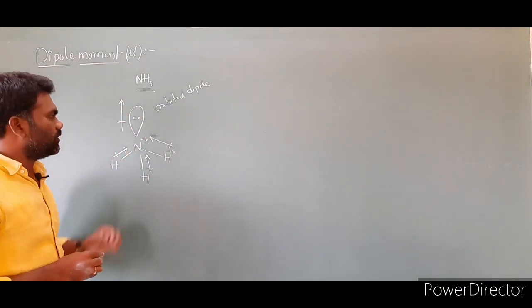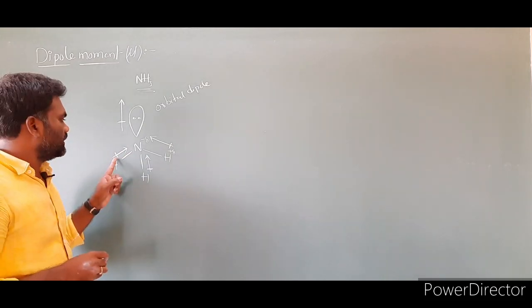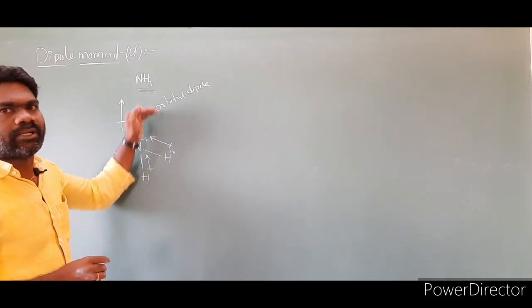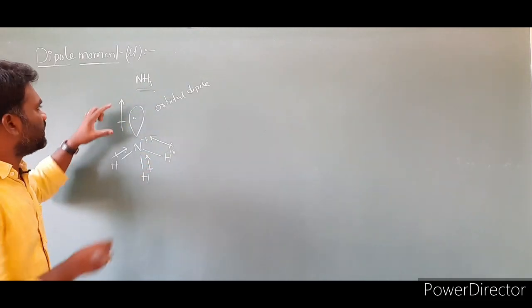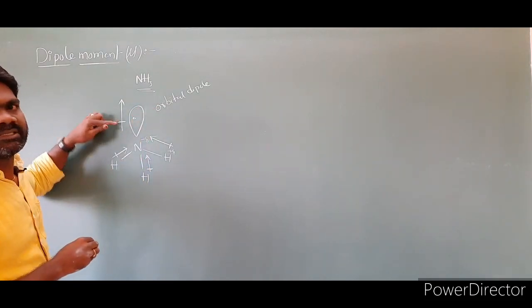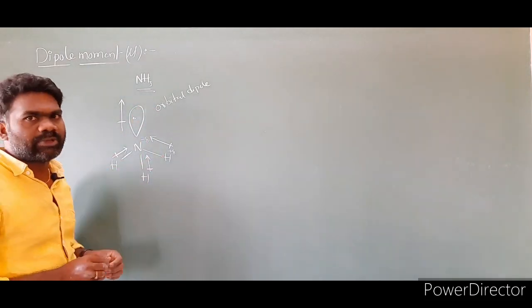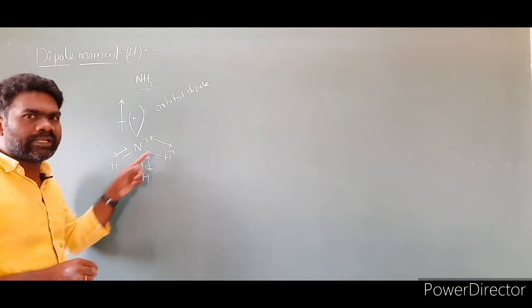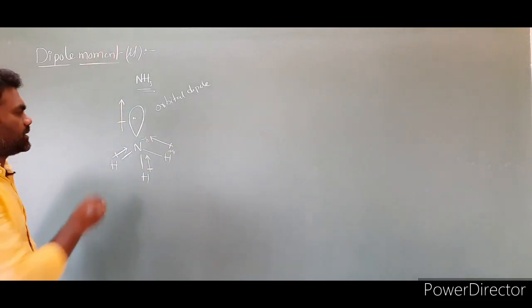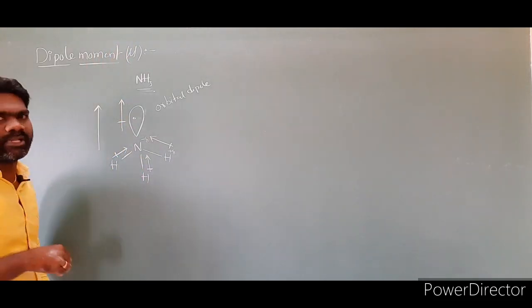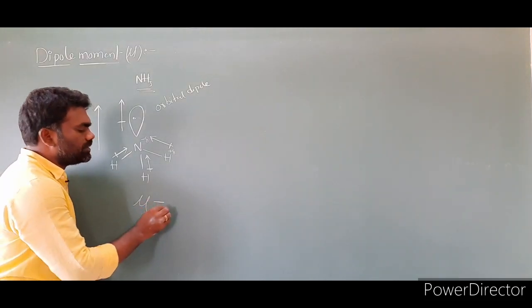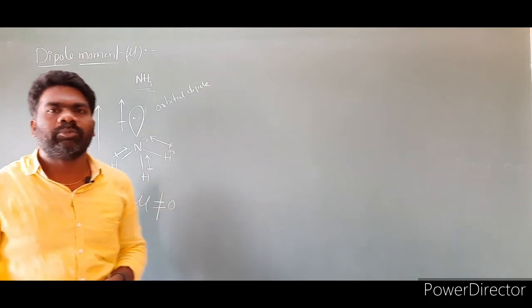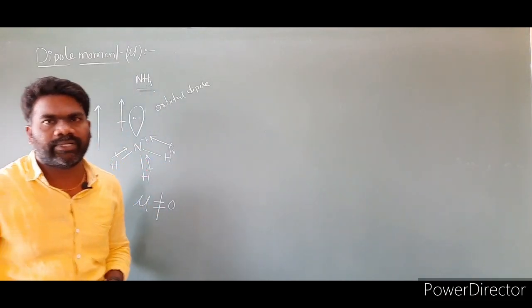Now we have to find out the dipole moment of this molecule. For these three NH bonds, the dipole moments are almost in the same direction, right? Even the orbital dipole is in the same direction as the 3 NH bonds. My point is that the orbital dipole and the bond dipoles of the 3 NH bonds are all in the same direction, like this. Then the dipole moment of this molecule is not equal to 0. This means the ammonia molecule has some dipole moment.